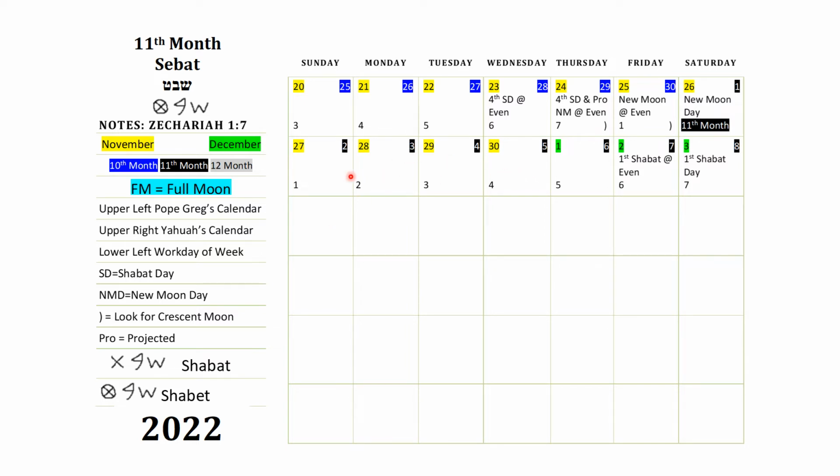But what I want to do is let you see the changes of your colors from November to December, that way you can keep up. That way you won't have the same colors. You know exactly when the days change, change months. Okay, Shabbat is on the 2nd of December. Shabbat starts in the evening, and then the whole day Saturday, all that day Saturday to Saturday evening, is your Shabbat.